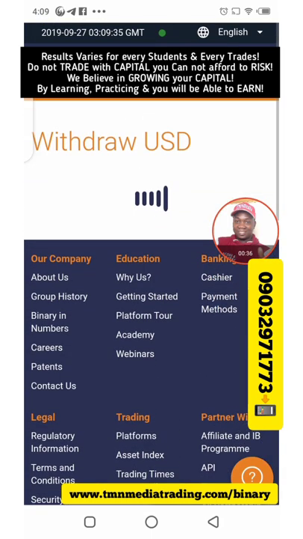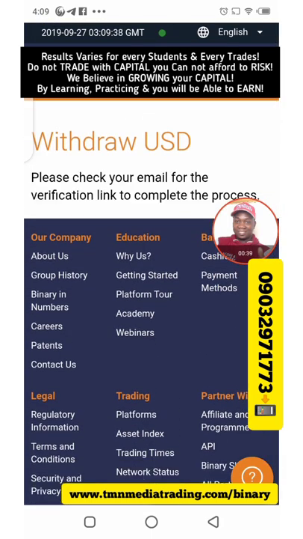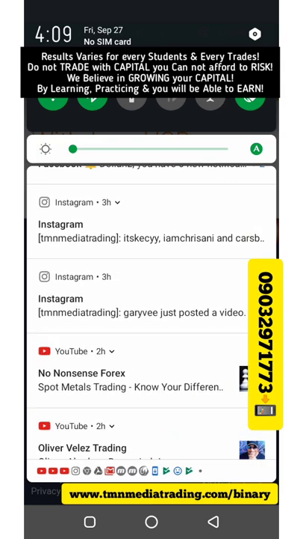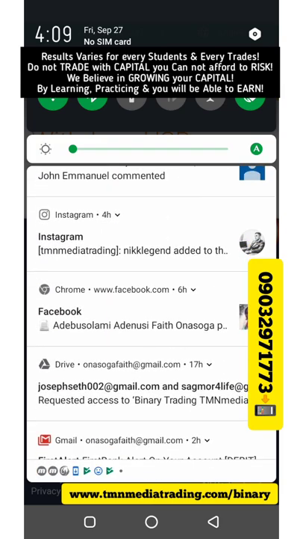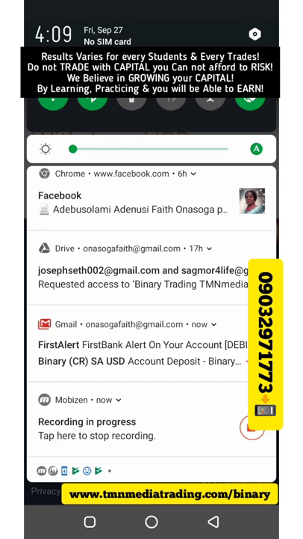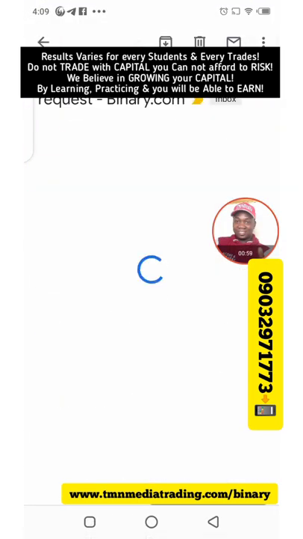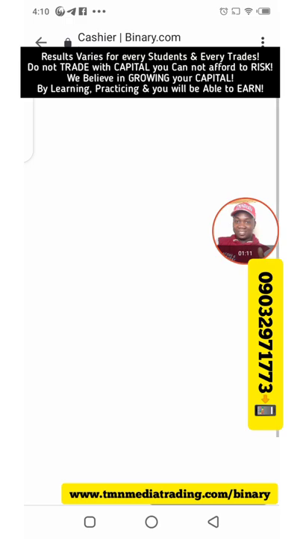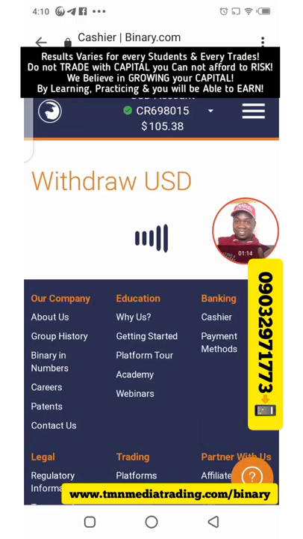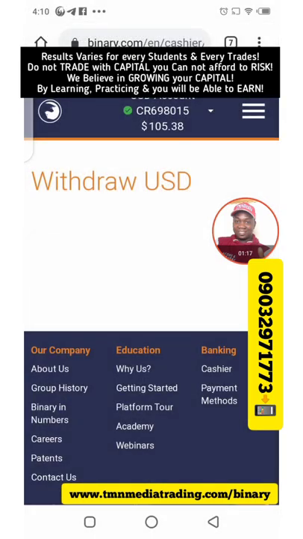Yeah. Okay, so I'm making a withdrawal now. Please kindly note that the withdrawal directly to the bank does not work. It doesn't work at all. So because it doesn't work, what you need to do is to use options like Perfect Money. You use Perfect Money to make your withdrawal and you will be cool. Or you can use Bitcoin. But I prefer Perfect Money or Skrill or Neteller, whichever one you feel comfortable with, depending on how